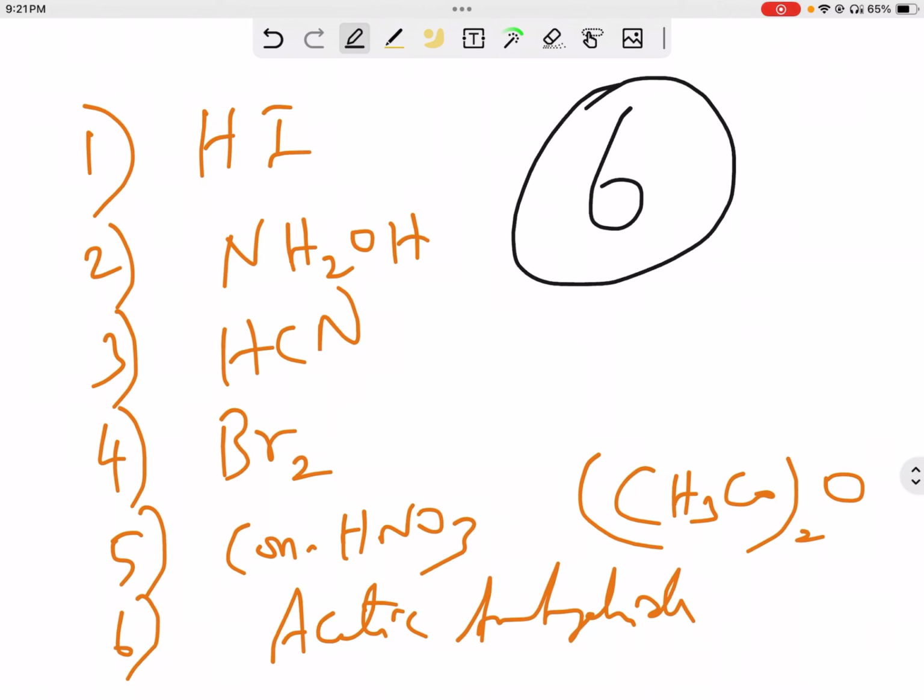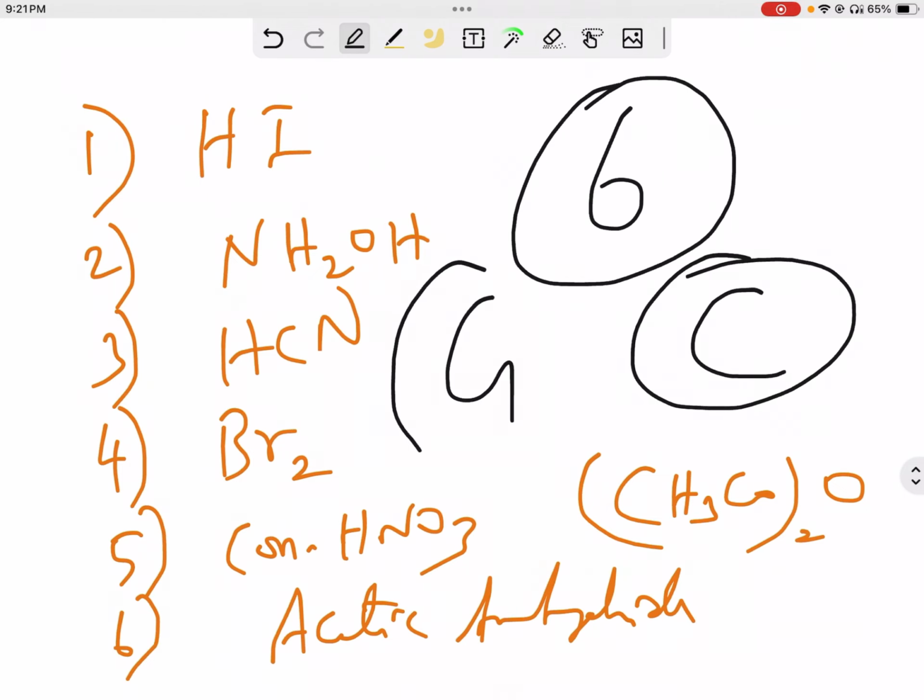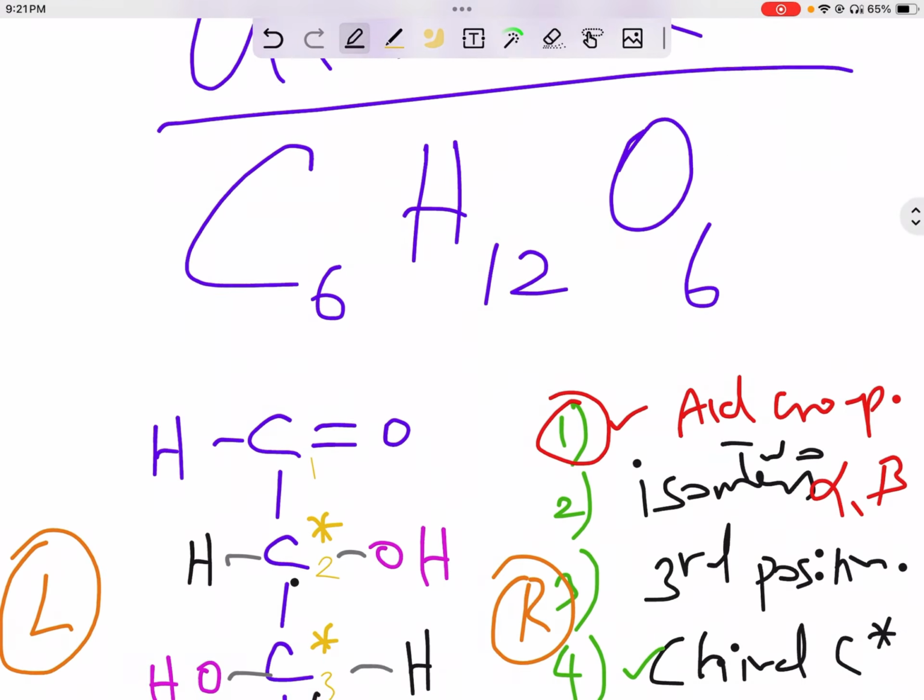So six carbon glucose idea is very easy to recall. So with this you can understand the structure of glucose which comes in